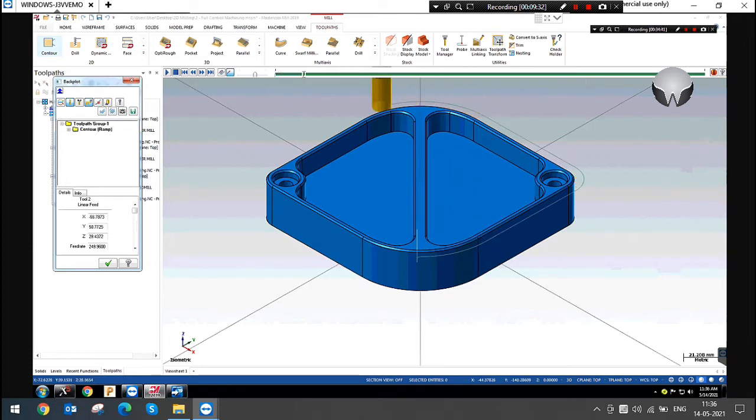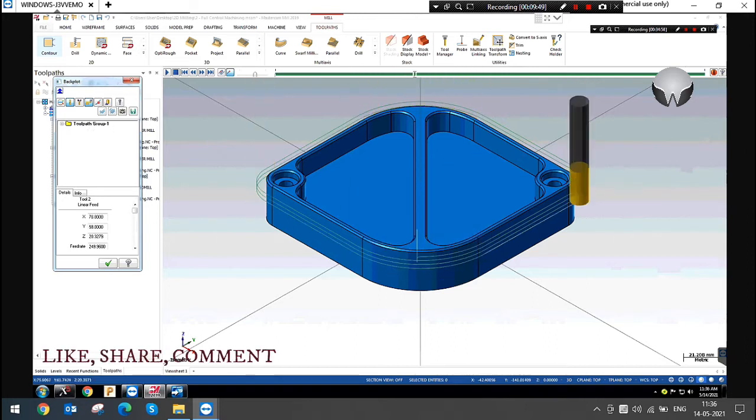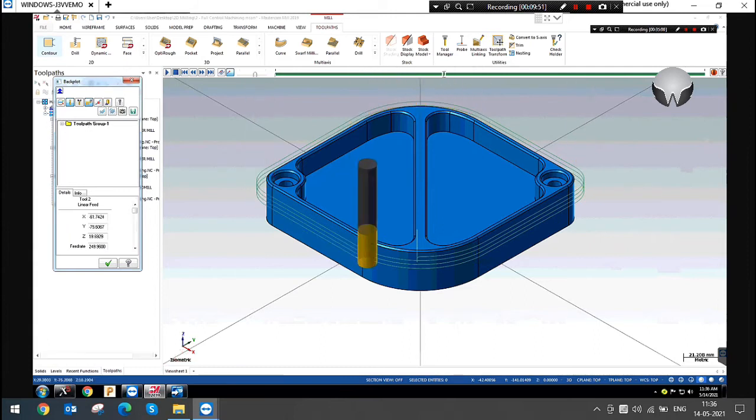And the end point it will come. Yes, because we are giving the 3 amount depth. This is a ramp option. In this option you can also use it to finish your model. If you have a small tool with a flute length less than the depth, you can also use this type of ramping finishing, and it will finish smoothly.